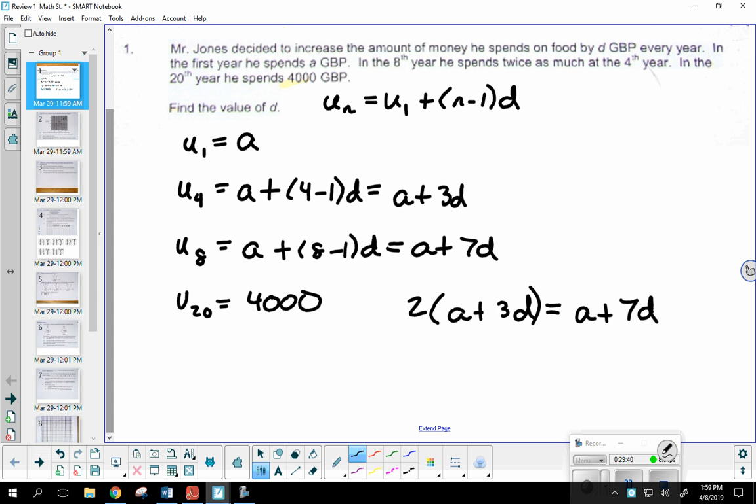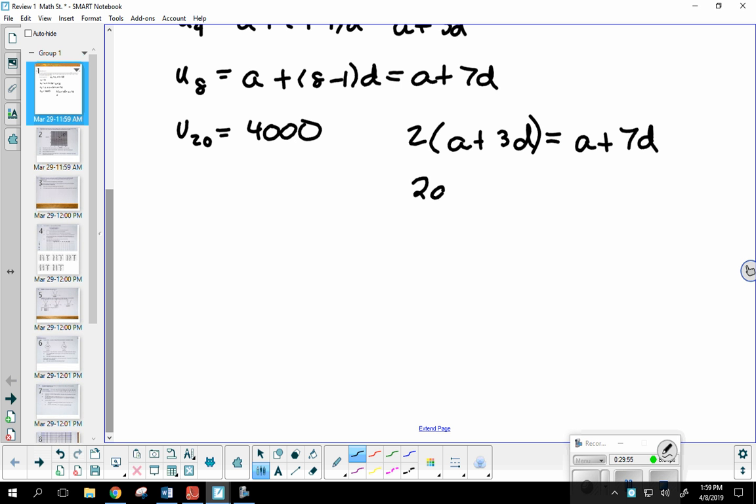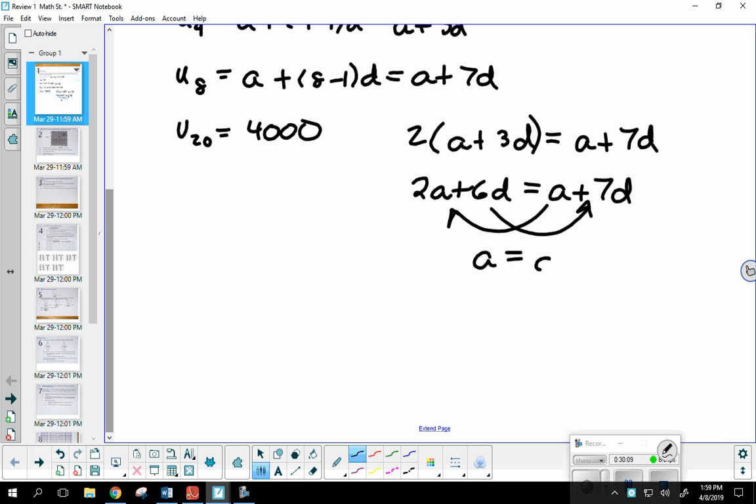Spencer, you have the answer? It is 200. Okay, so let's see how we got that 200. 2a plus 6d is equal to a plus 7d. What are you going to notice when I subtract these? There you go. If I subtract the a over, and subtract that d, I know that a is equal